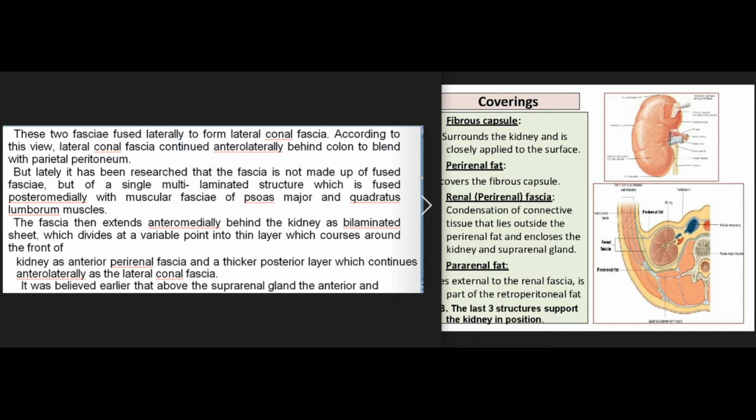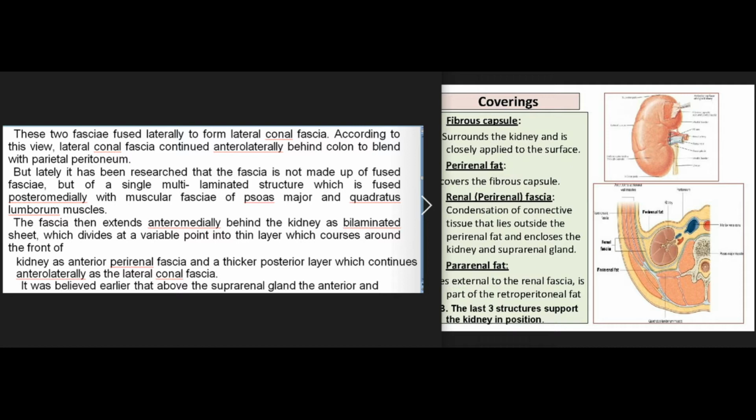But lately it has been researched that the fascia is not made up of fused fasciae, but of a single multilaminated structure which is fused posteromedially with muscular fasciae of psoas major and quadratus lumborum muscles. The fascia then extends anteromedially behind the kidney as a bilaminated sheet, which divides at a variable point into a thin layer which courses around the front of kidney as anterior perirenal fascia and a thicker posterior layer which continues anterolaterally as